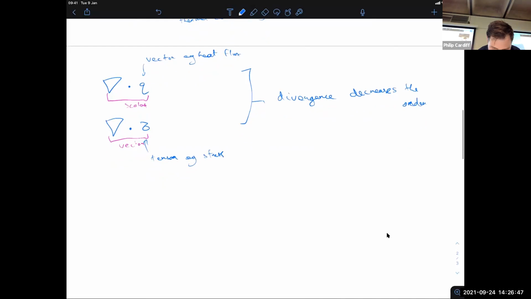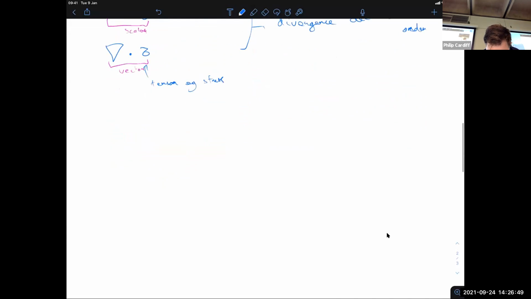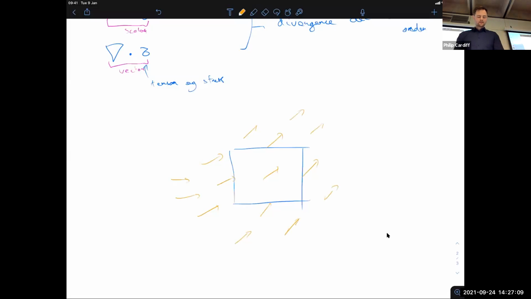So if I take another little box here, and if you imagine I define little vectors, heat flux vectors. It could be velocity vectors if you wanted as well. And I calculate the divergence of u. What the divergence of u basically is saying is